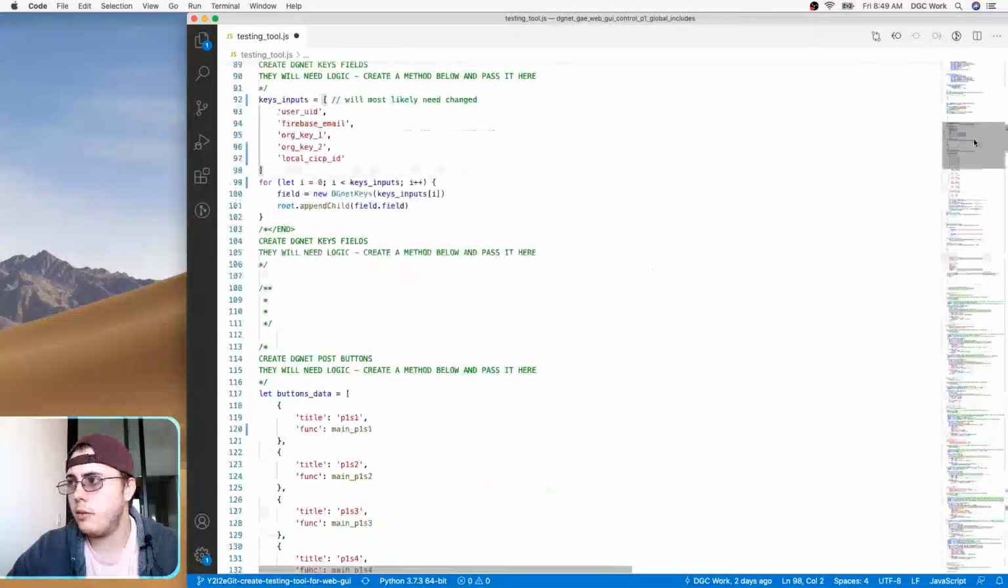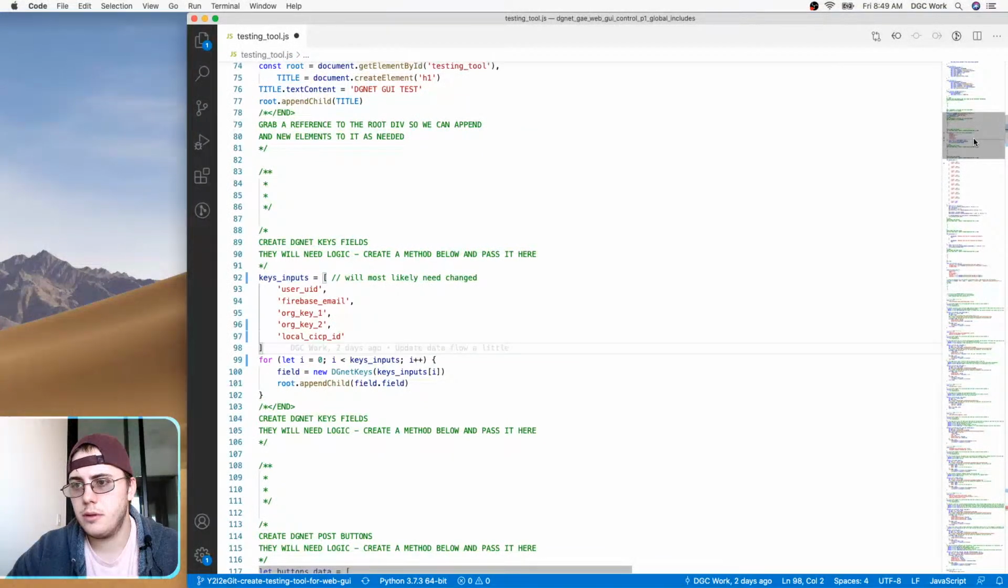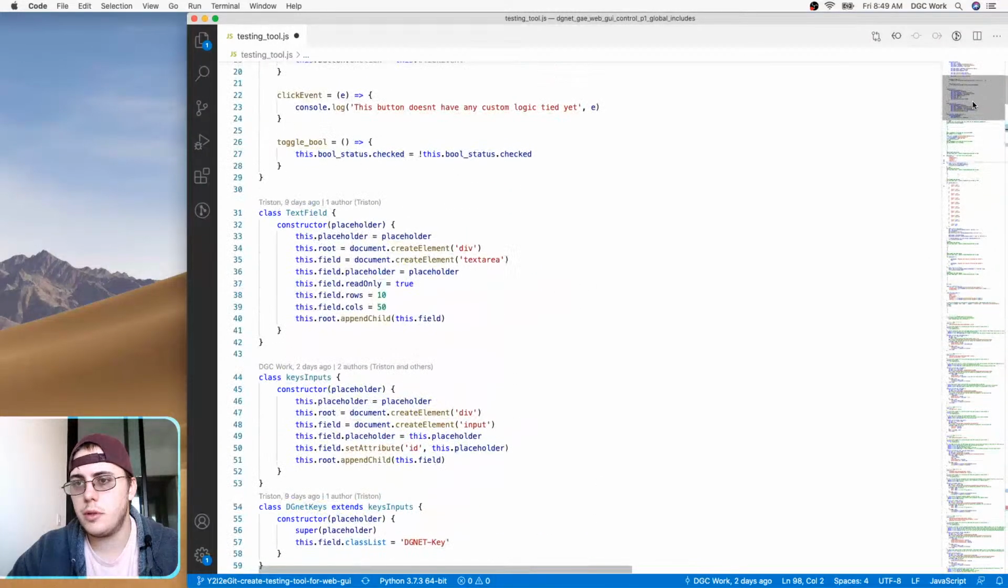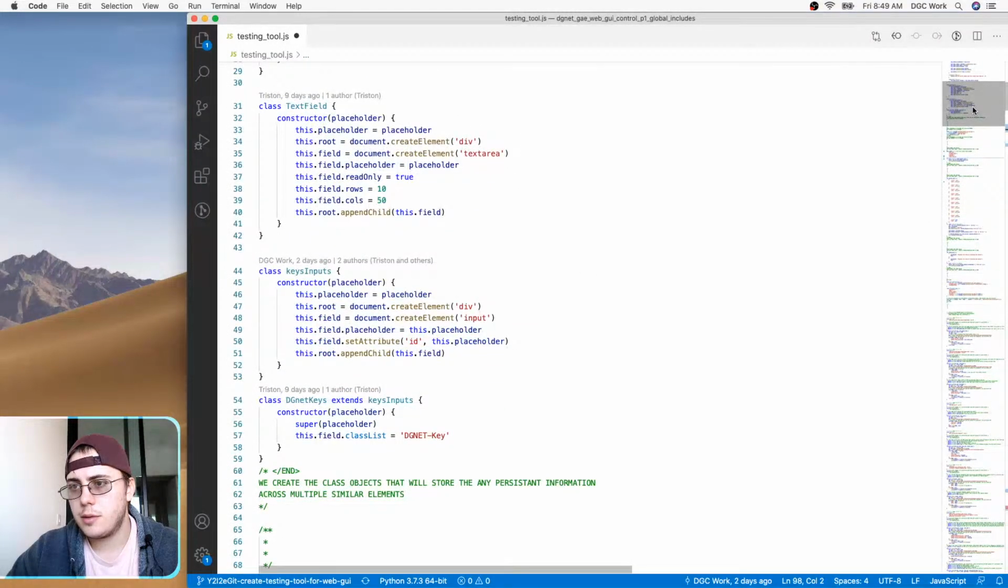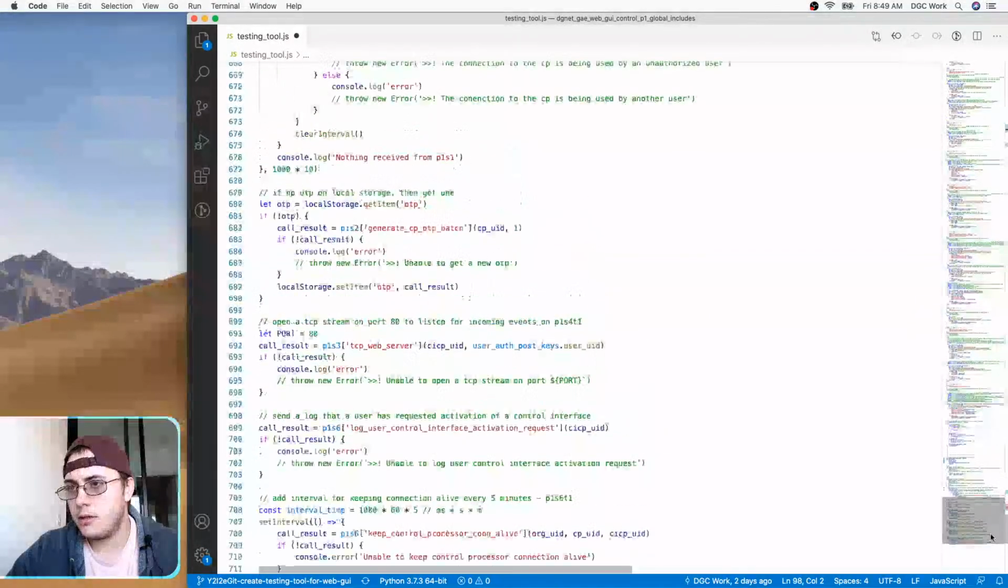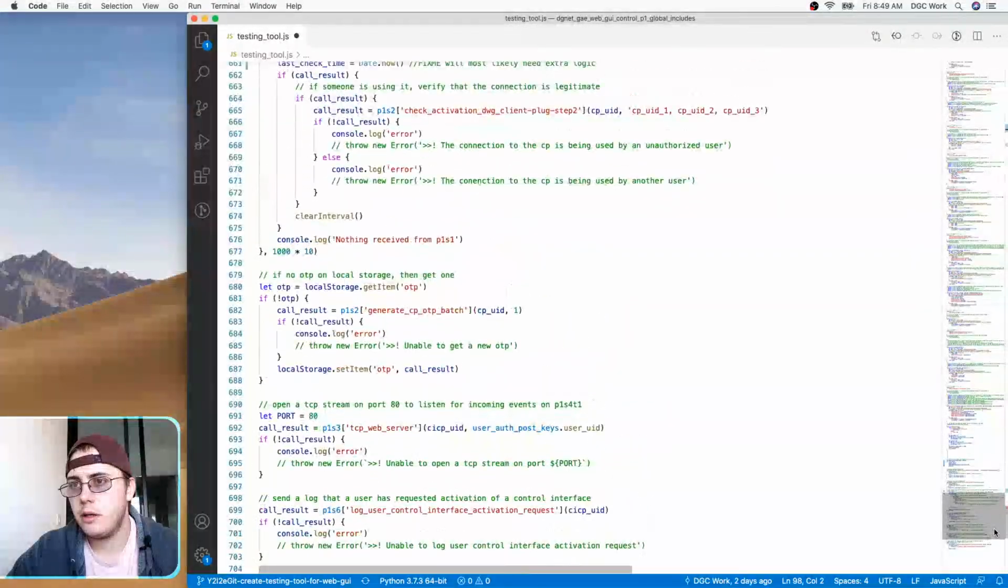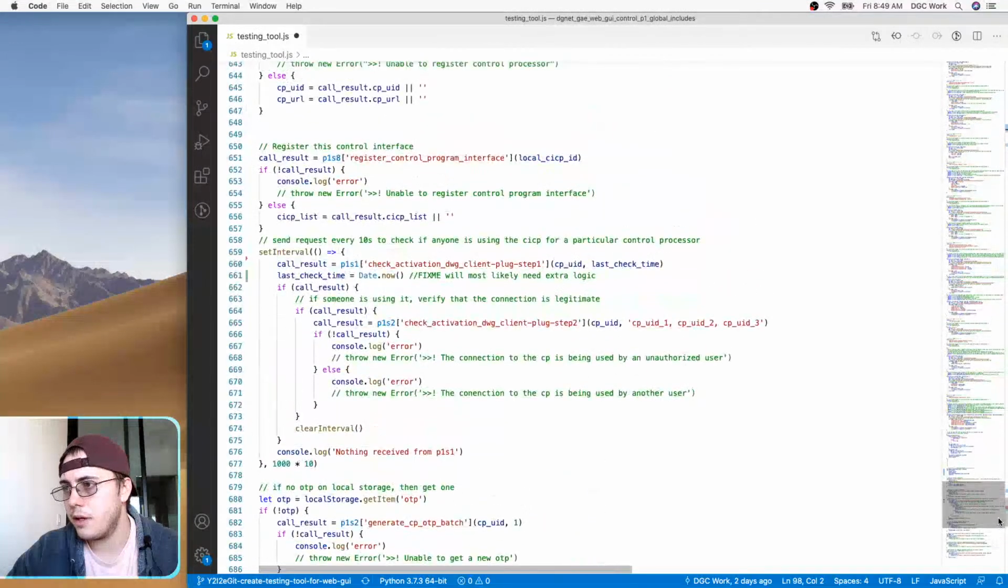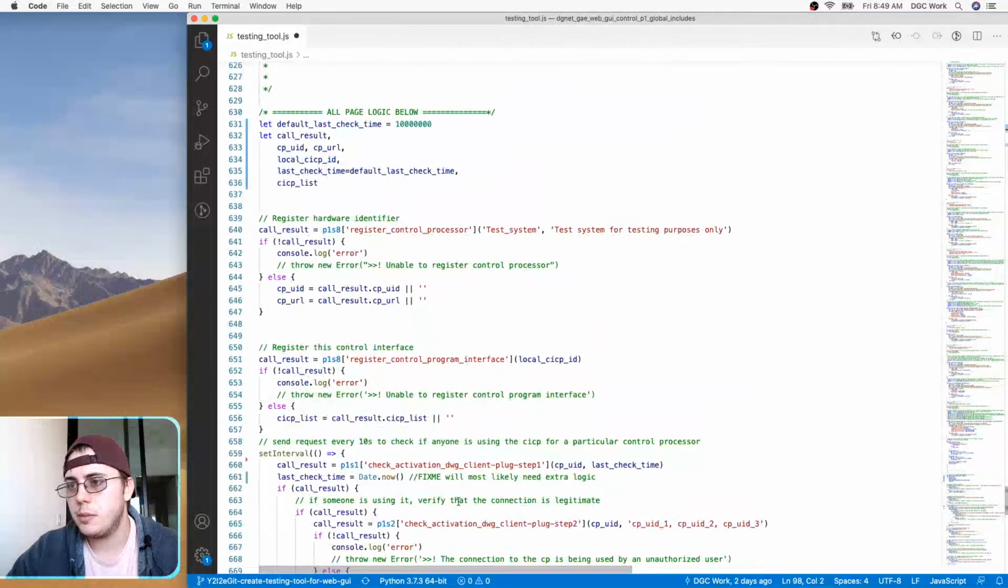Wait, how am I grabbing these? DGNet keys inputs, yeah, and then I'm using that up here as a placeholder. So I'm just grabbing a placeholder. Okay, so the ID is the same as the placeholder. Got you. And here where I'm using that local CICP ID right here, I want to say